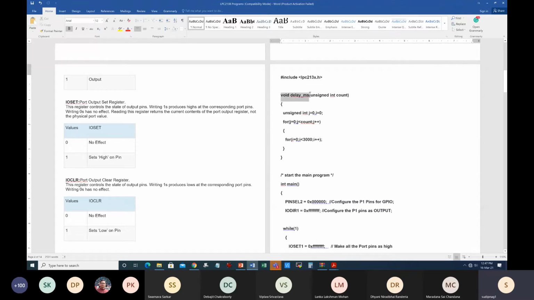Then we are initializing the delay. Here the delay is again a C type delay, where we get some value through a passed parameter, and within that there are nested for loops. So there are two for loops. The first for loop is this one with a fixed coefficient. You can also pass the coefficient through the statement on the top. There is a single for loop, and this for loop is nested within another for loop, where the count value comes from the program which is calling this delay subroutine.